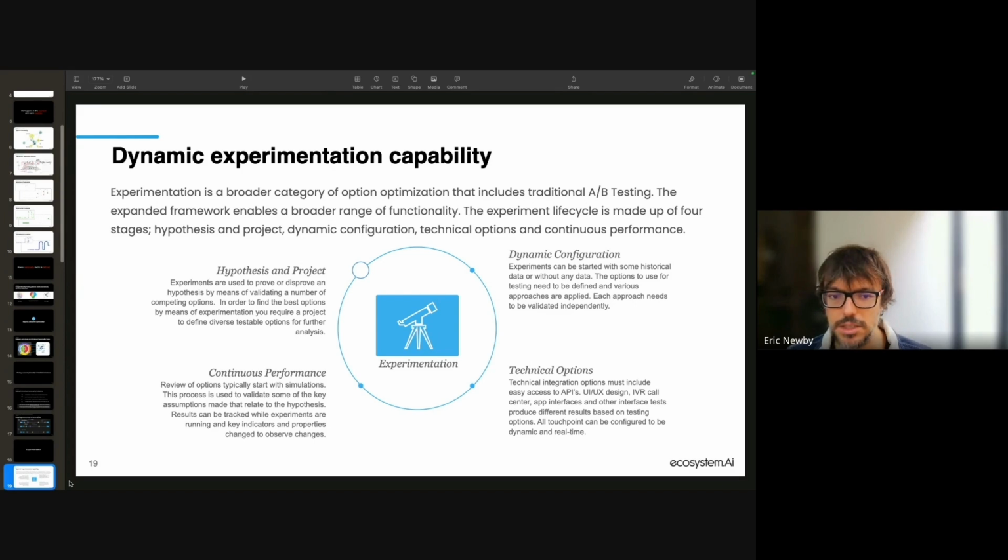So generally in our dynamic experimentation cycle, you'll start with your hypothesis steps. As an example, I'll talk about testing different marketing content. You still need a human to come up with a hypothesis to test and the options to test.